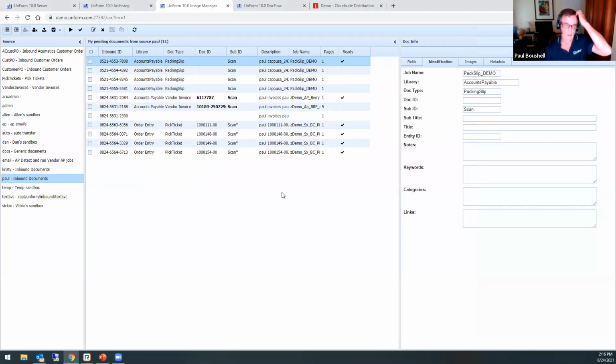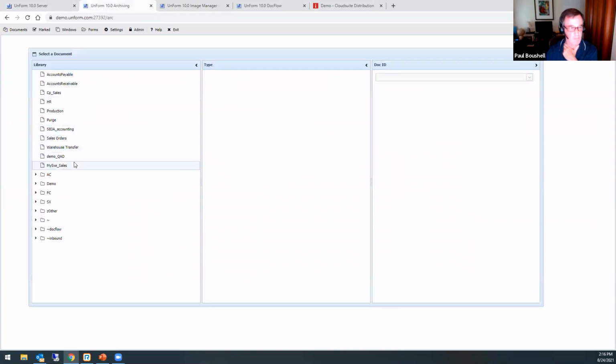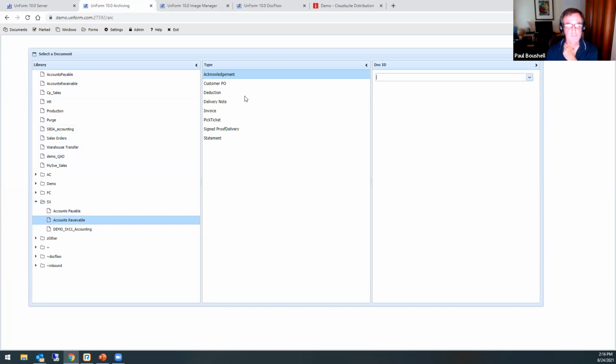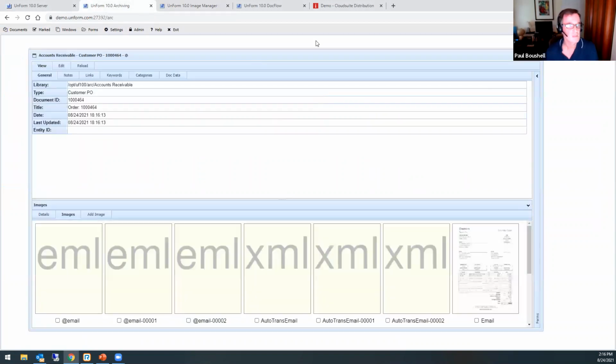So once that goes, it's actually going to run that through. It's going to use the information in the subject line to index that document. So it has the sales order number. So as it goes into the archive, it will index that document and pull in any other additional information that we've configured to pull from the ERP. Oh, I've run this one in a bunch.